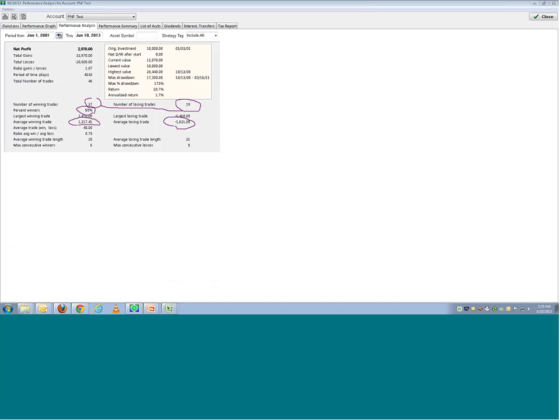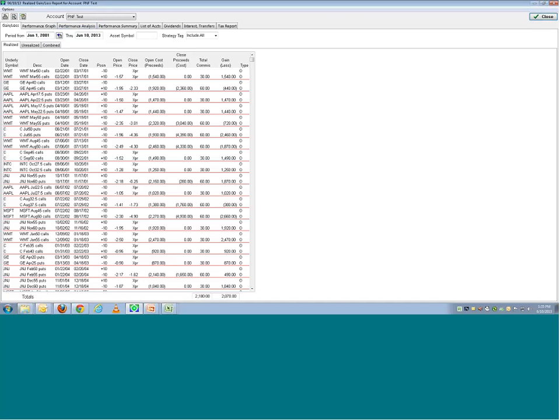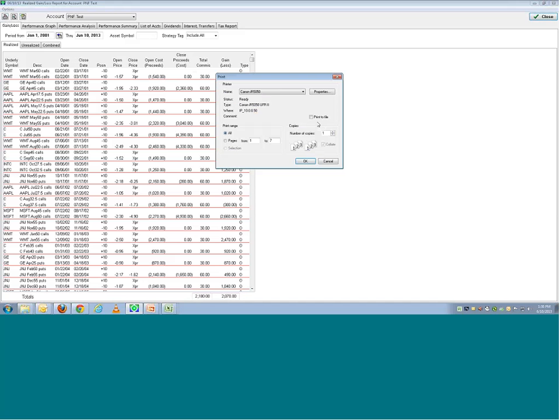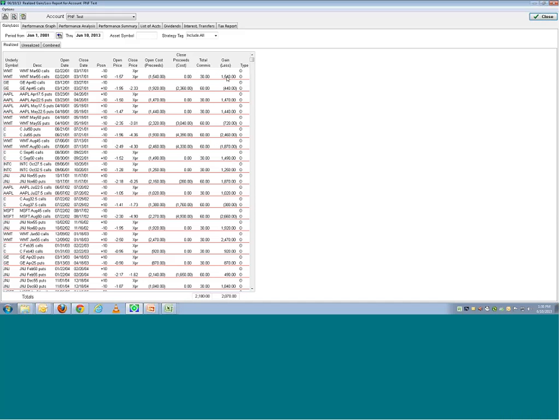But I'm actually going to back out of this and say, you know what, you really want to look at the gain and loss. And what I'll probably end up doing is copying this. Actually, if you're an OptionVue user, you can go to Print, and I'm going to print this to a file and open it up in Excel, and I'm going to calculate the yield, based upon the gain and loss,